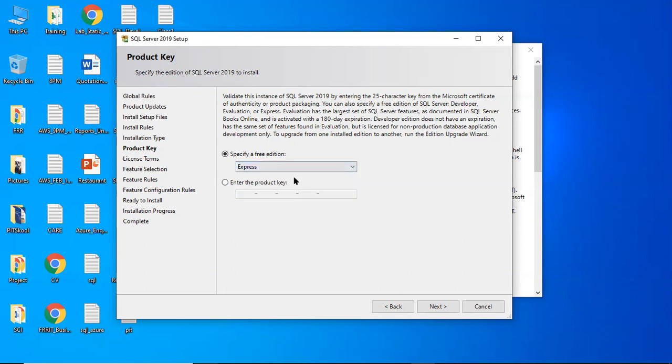Express edition is also always free. Even this Express edition we can use in real time, in production servers also, so there is no need of licensing for Express edition. Once again, remember, Express edition supports only some basic features. It doesn't support all features, it supports only basic features. Why? Because see,